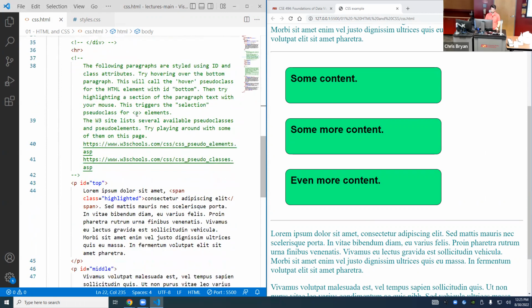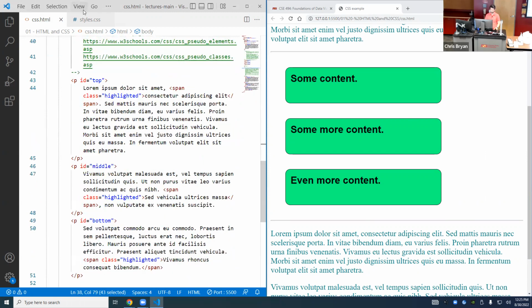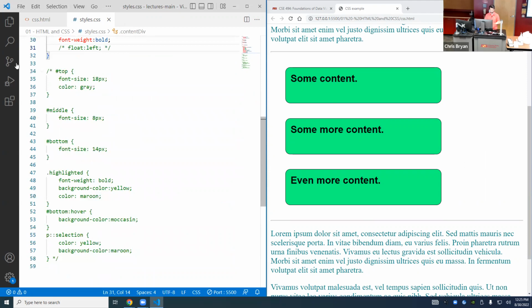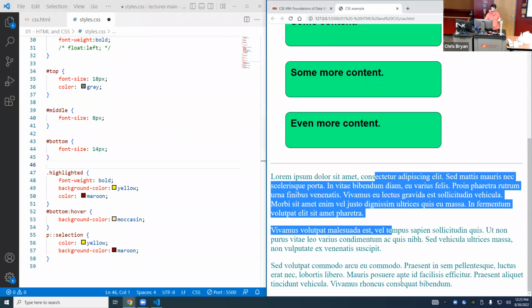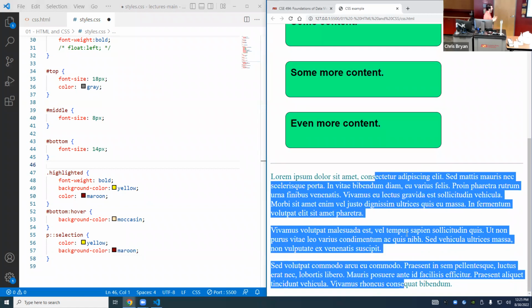Okay, and so then here we have a couple of, this is just another example of the ID and class attributes. So in the CSS file, if we comment these out, let me take out these here. So before I reload this page, you can see that the default, we've got a selector on the key element, which is going to turn it this kind of greenish color. So if I save this and reload it,